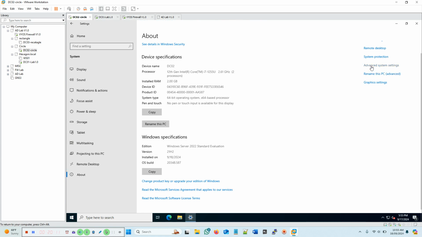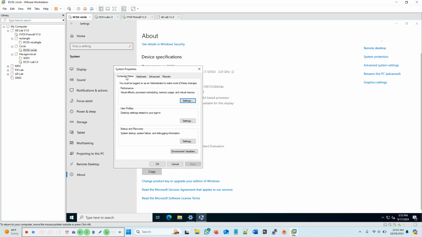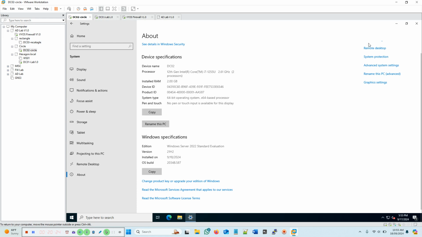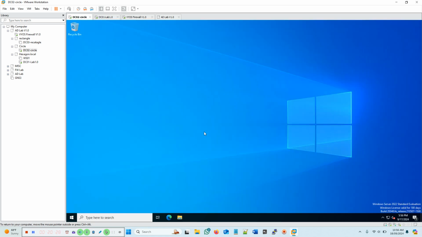Circle, advanced system settings. Go to computer name. So this one is DC02.circle.hexagon.local. So the domain is circle.hexagon.local. So that is the child domain for the main domain of hexagon, the main forest of hexagon.local. So I think we're going to do replication and other stuff once we set up all three domains